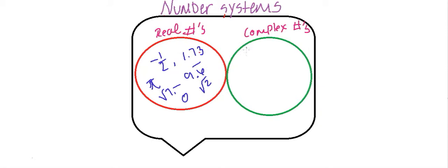Your complex numbers are when we have things like i, 3i, minus 5i, square root of a negative 7. These will be our complex numbers, okay? And now, complex numbers are written in the form a plus bi, right? Well, let me rewrite that in some different colors here. They're written in this form here: a plus bi,